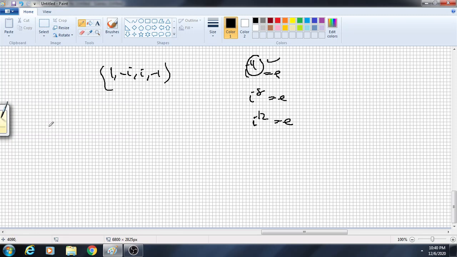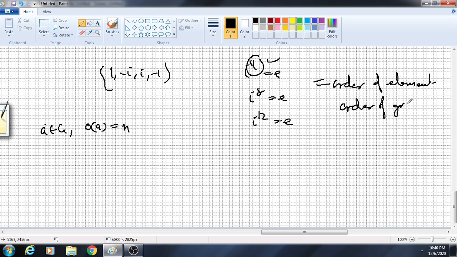Suppose the setting is like this: an element a of G is there, and the order of a is equal to n. Before that we have to tell what the order of an element is. Analogous to this result, there is also a concept called the order of an element. Now we have discussed the order of a group. The order of a group is equal to the number of elements in that group, and in a cyclic group, the order of the group is equal to the smallest integer n with the property that a raised to n is equal to e. Okay, now consider this set.